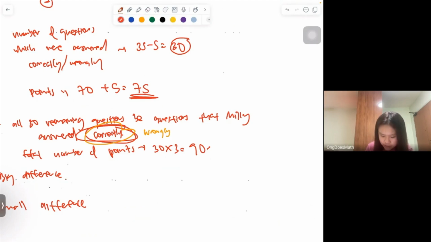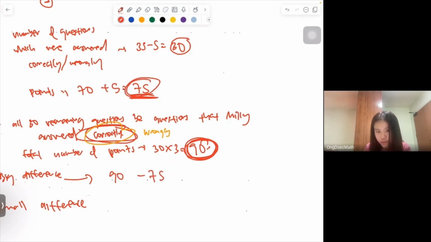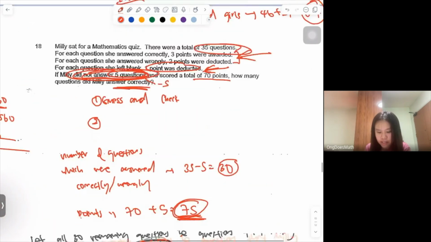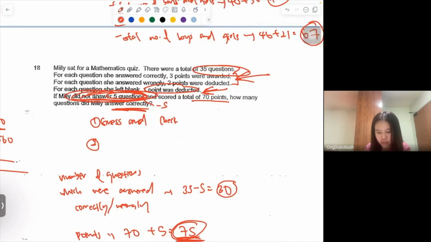The big difference will be the total number of points she would have gotten if she got all correctly versus the actual points that she got. So that will be 15. Small difference will be the difference in the number of points when she scored correctly versus when she scored wrongly. So that will be 3